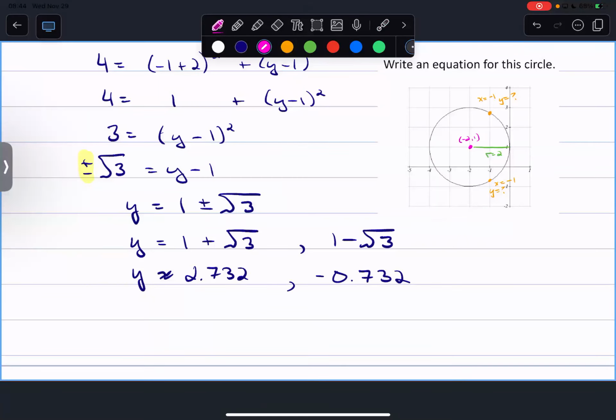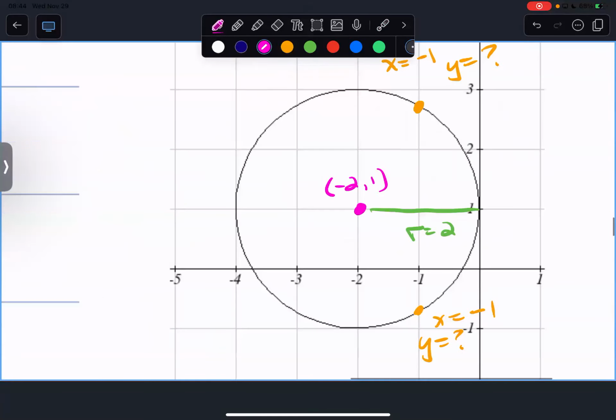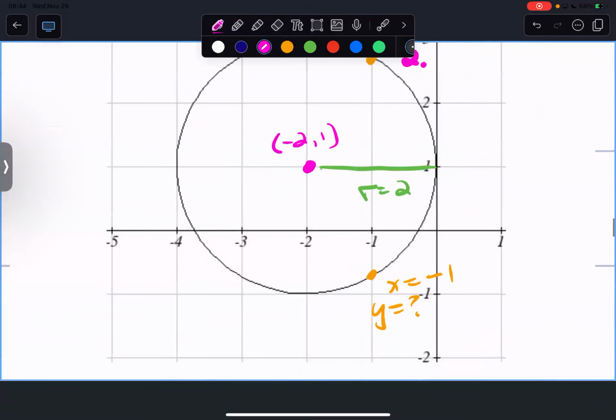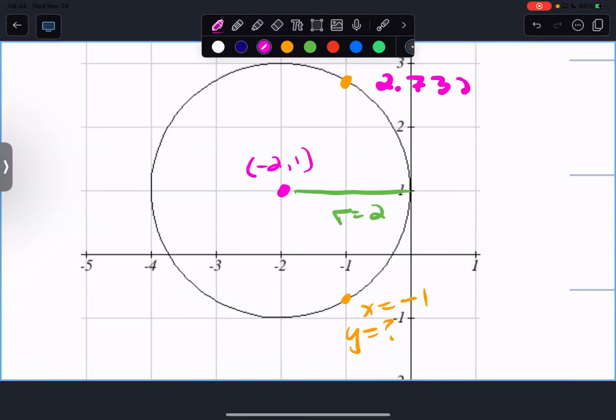So then here, roughly 0.732. The reason I want you to think about